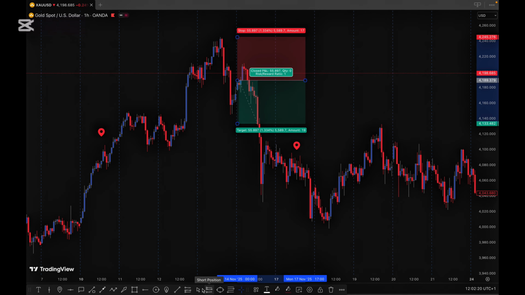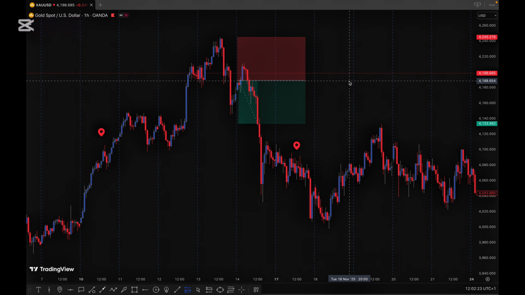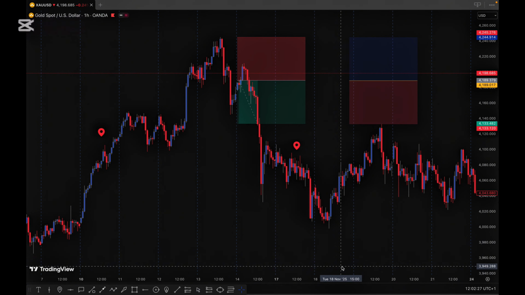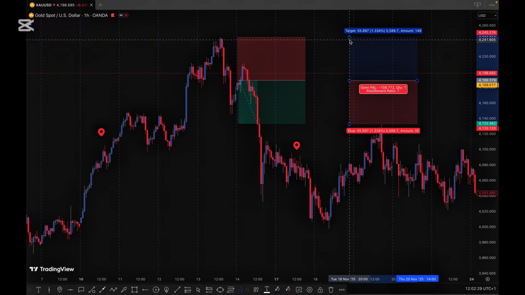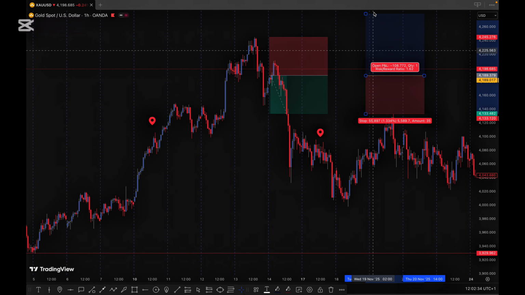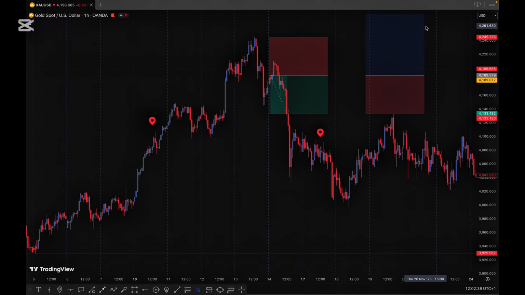So let me place both of them side by side. This is a long position here, this is a short position. For a long position, you are going to be anticipating your profit to be ahead, that is above, because you expect price to continue to push up, and so you don't expect price to come down. So when price starts to reverse, you also want to have a safety net, that once the price has reversed below this level, you want your broker to take you out of that